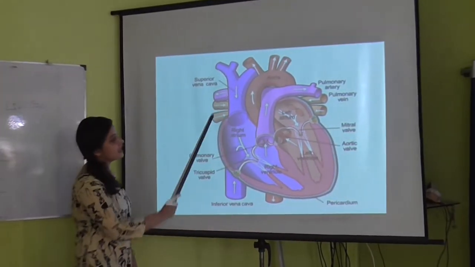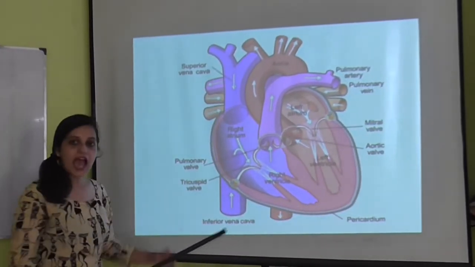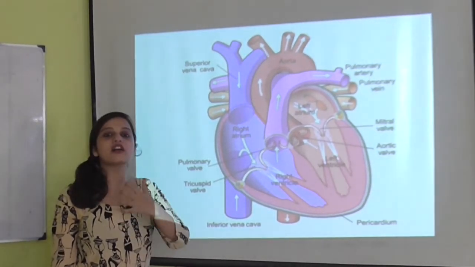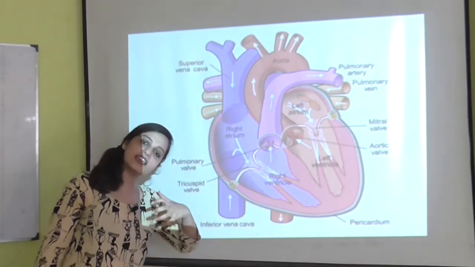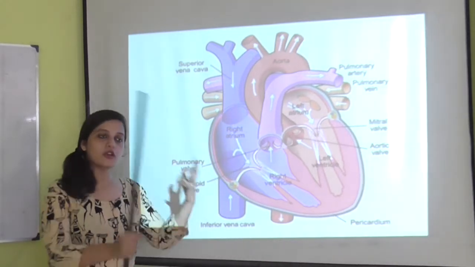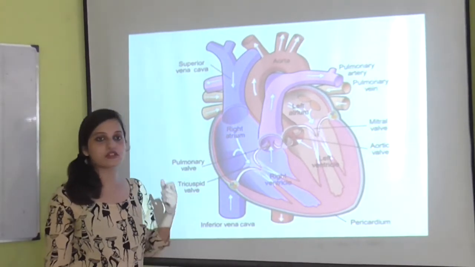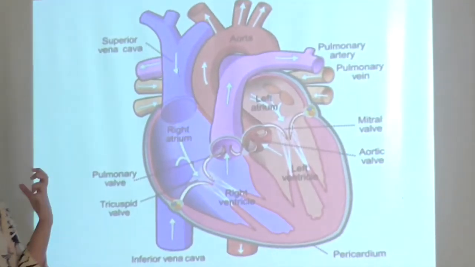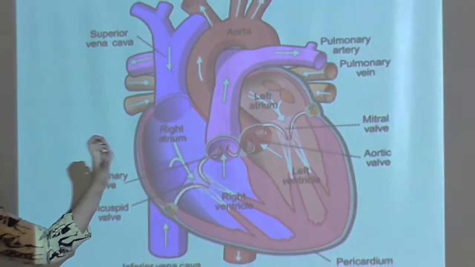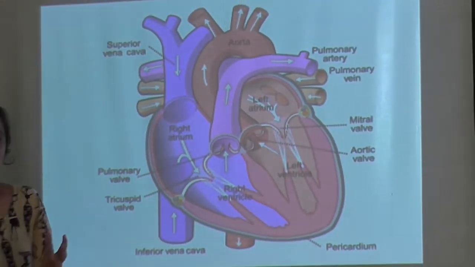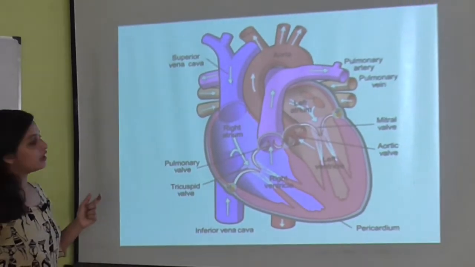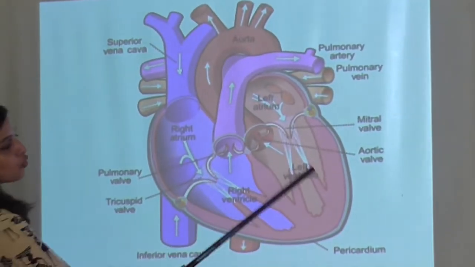So as you can see, it is conical in shape and it is placed in the middle of your chest. It is placed in the middle of your chest and, most of the time, it is bent towards the left. So that is why we say the heart is on the left side, but it is not present totally in the left. It is present in the middle of your chest and it is inclined towards the left.